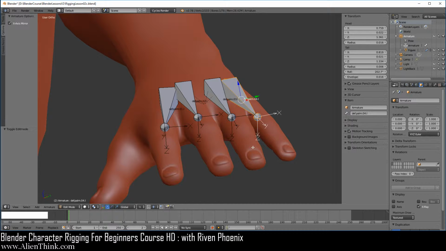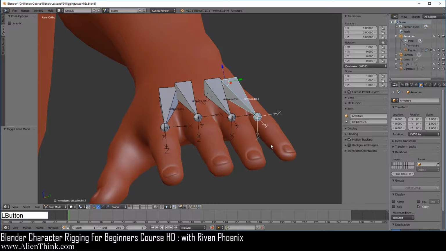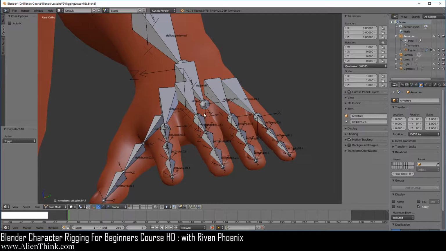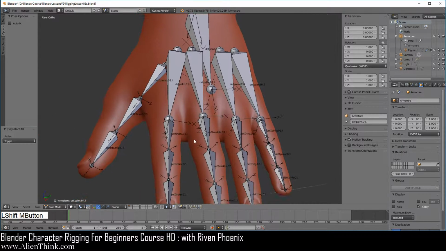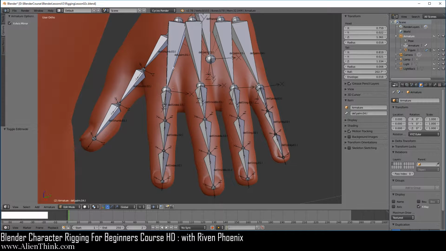Now what we're going to do is Alt H to bring everybody back over here. Go to pose mode, do Alt H to bring everybody back, press the A key to deselect everything. Now what we need to do is adjust the bone rolls for these fingers. Now I'm going to explain something to you here, okay? Go to edit mode. Go ahead and click on this bone, press the Shift key down, this one and this one.